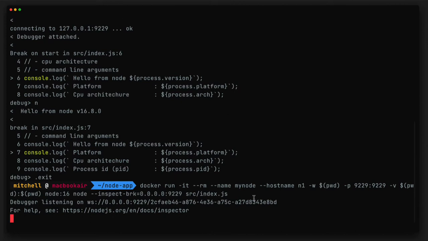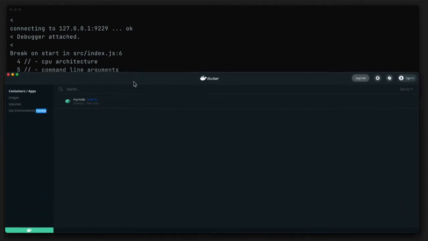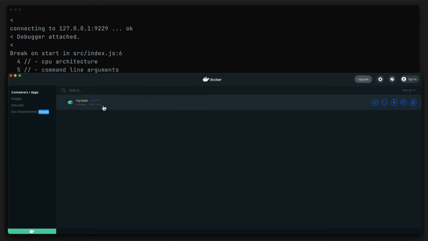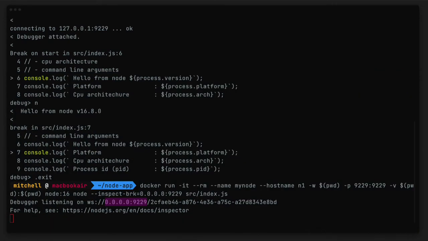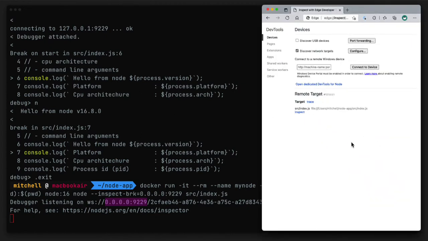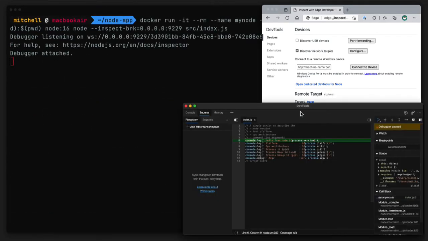Great. The URL is correct. We have the right adapter address. If we bring up the container, we can see that the app is running, and it's exposed on port 9229, which is good. And the big question is, is it visible on my Mac? And the answer is yes, it is. So now, if I click this little inspect link, I should use the Chromium DevTools client to connect to the debugger on the server. So if I select this,